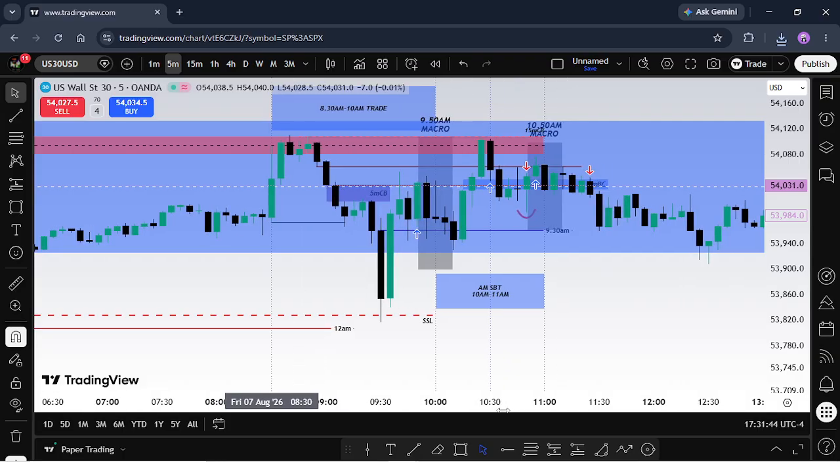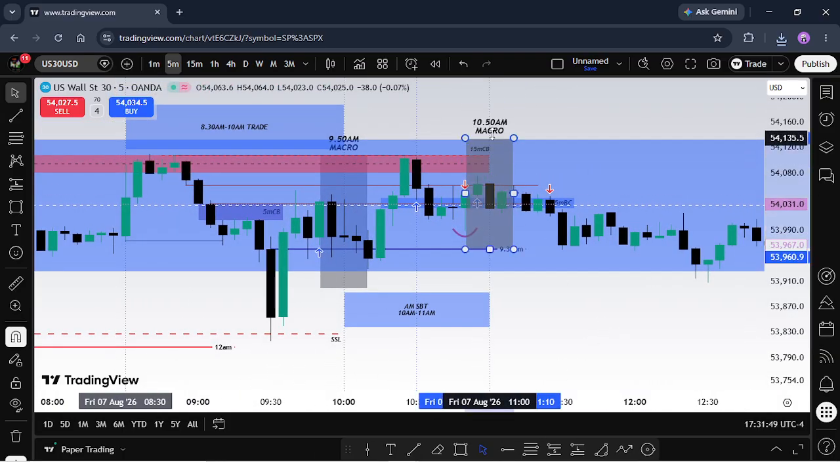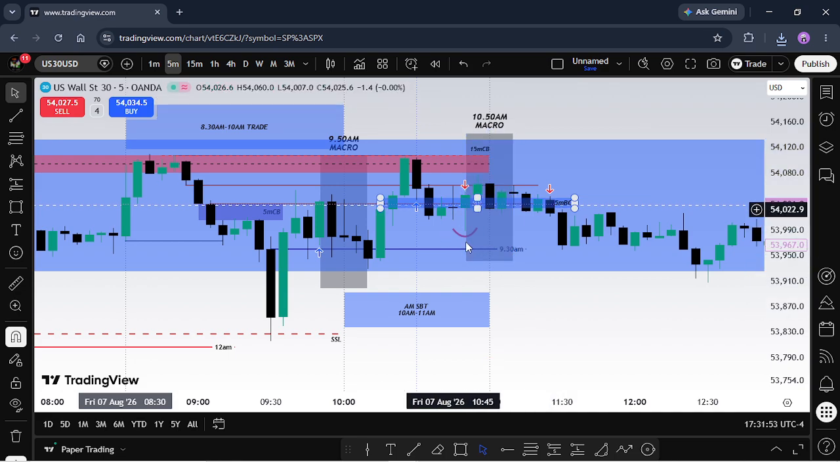Okay, let's see what's going on here. Alright, so this swing got respected. I wanted this level to hold. This disrespected it. This started consolidating below it. I thought it was waiting for the 1050 to 1110 macro, but it was even consolidating during